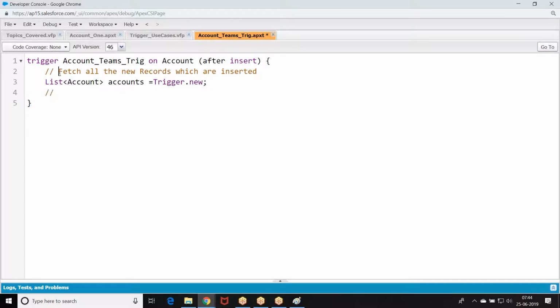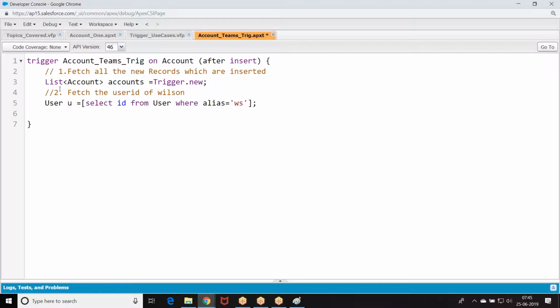First, get all the new records. Second, fetch the user ID of Wilson, because I want to make Wilson an account team member. Then take one by one new account and check.